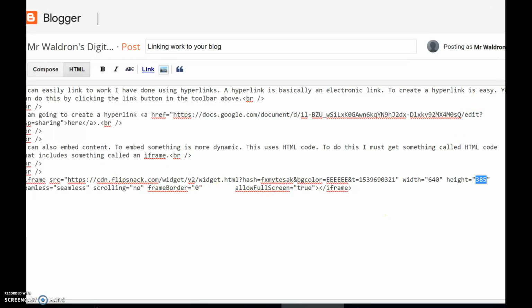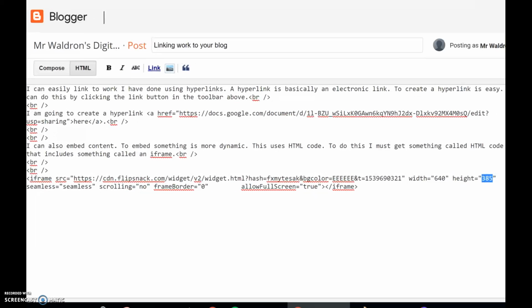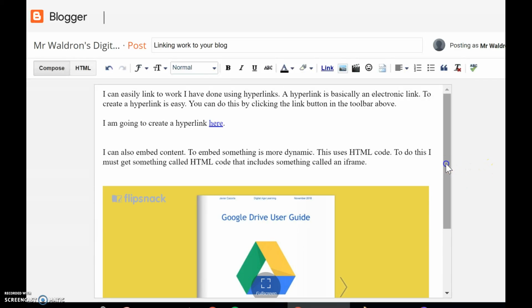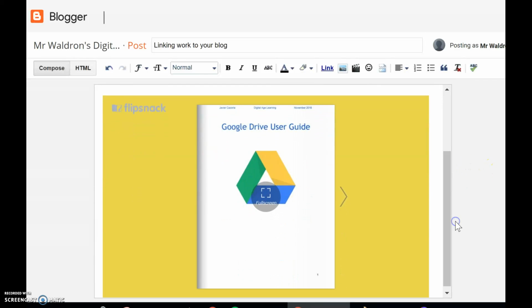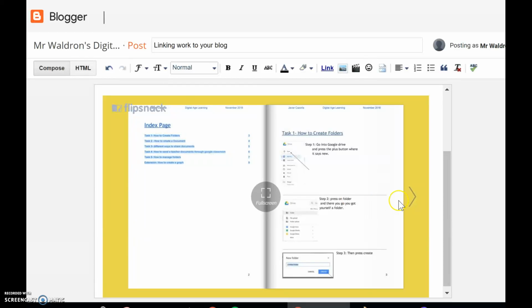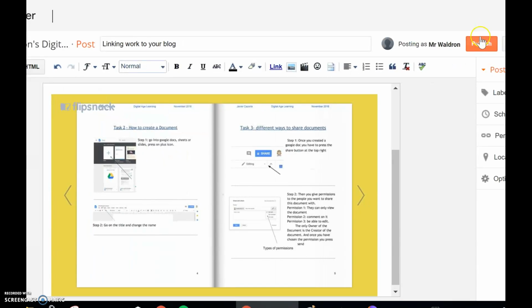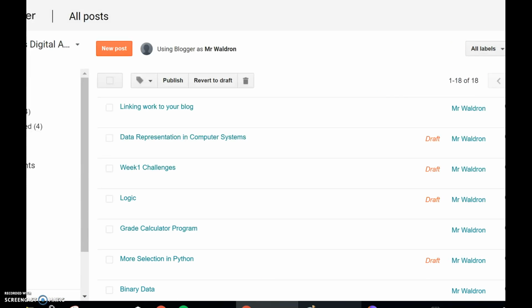Okay, when you've had a go at that, you can go back to compose, and you can see what it looks like. With a bit of luck, there it is, it's appeared. Okay, and then you can actually flick through that way. So two ways of doing it. One is more dynamic, one is more simple, but equally effective. When you have done that, you can press publish, and then